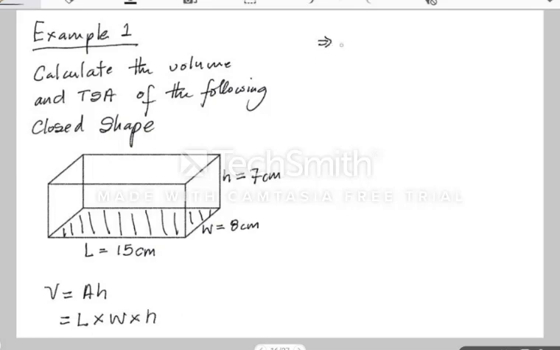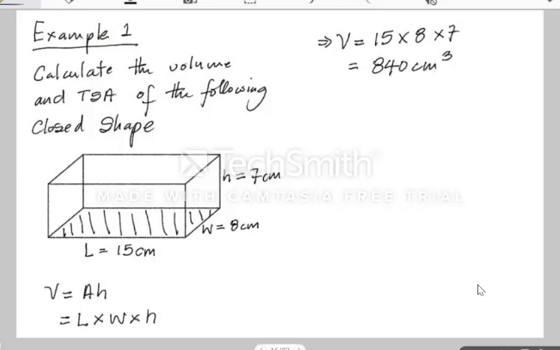Therefore, volume is equal to 15 times 8 times 7. The volume would be equal to 840